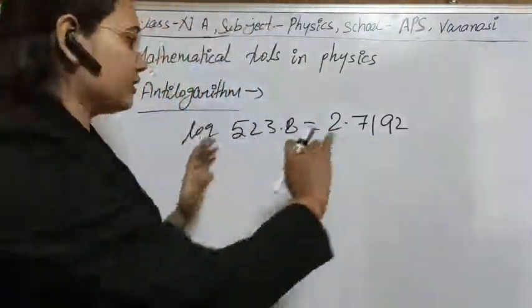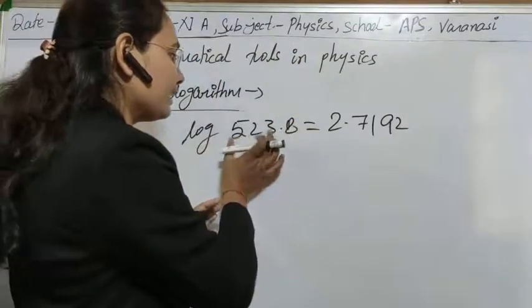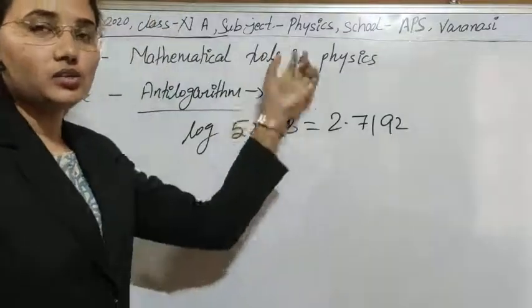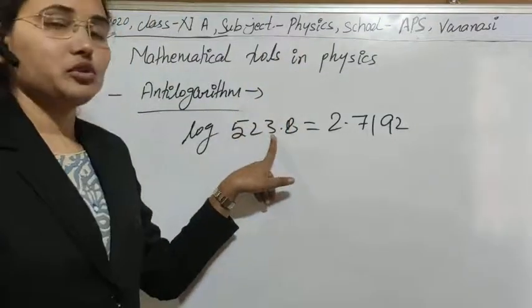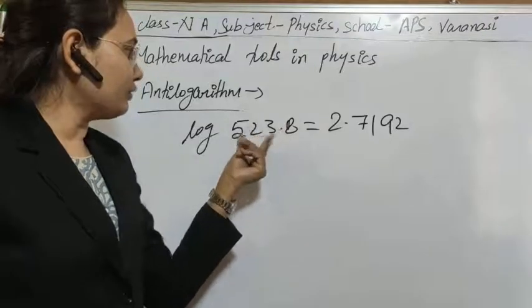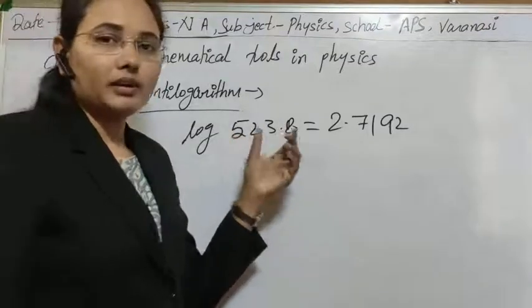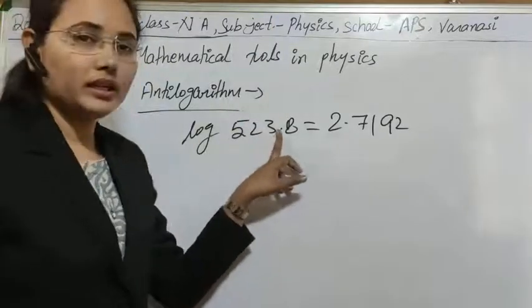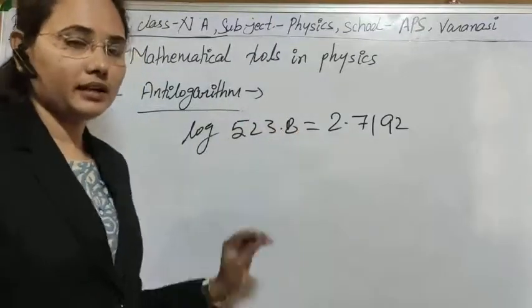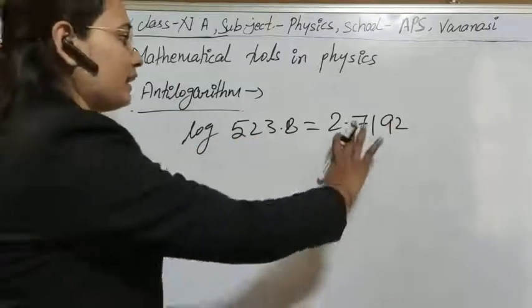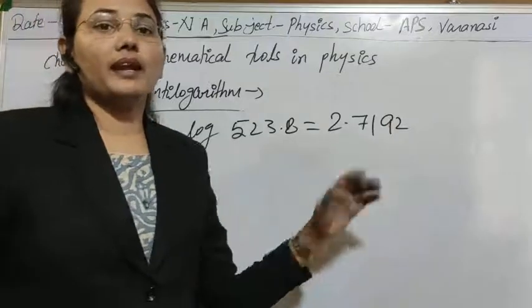As I have just discussed, first of all the integral part, which is before the decimal, is greater than 1. So here the count of digits is 3. You have to subtract 1 from it, so it becomes 2. After that you have to see the log table: column 52, in the row 3, and after that in the mean difference column, 8. Add that, and you will get this value. I think that is clear. And now we have to take the anti-log of this.